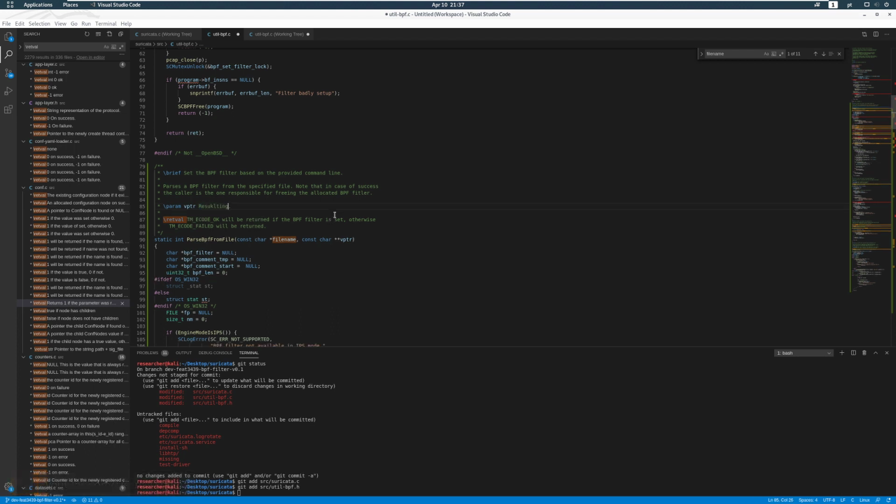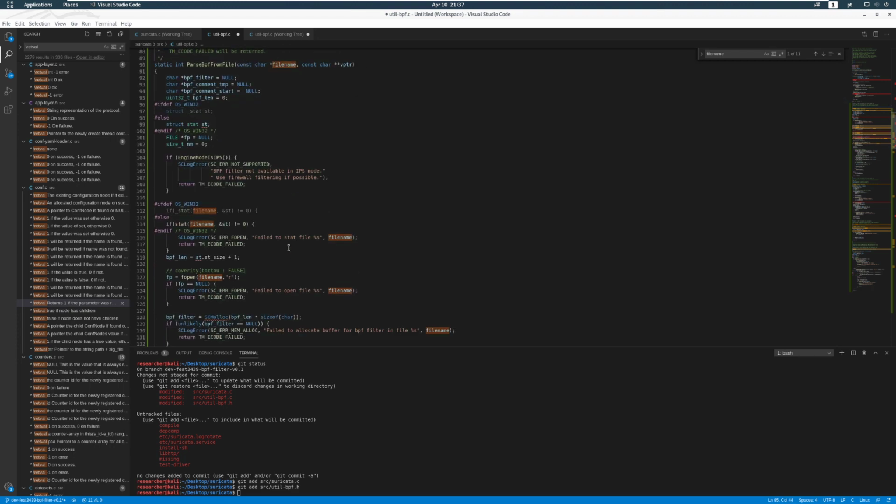Resulting BPF filter pointer. Actually, one of the things I want to do,